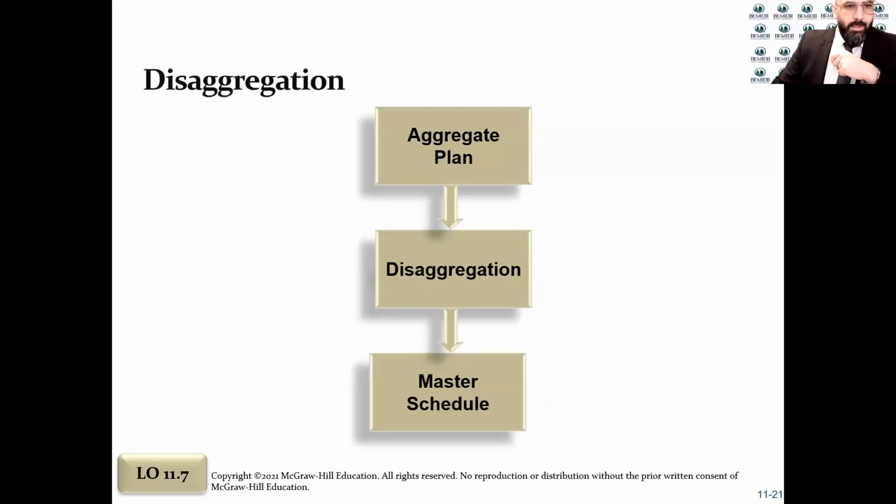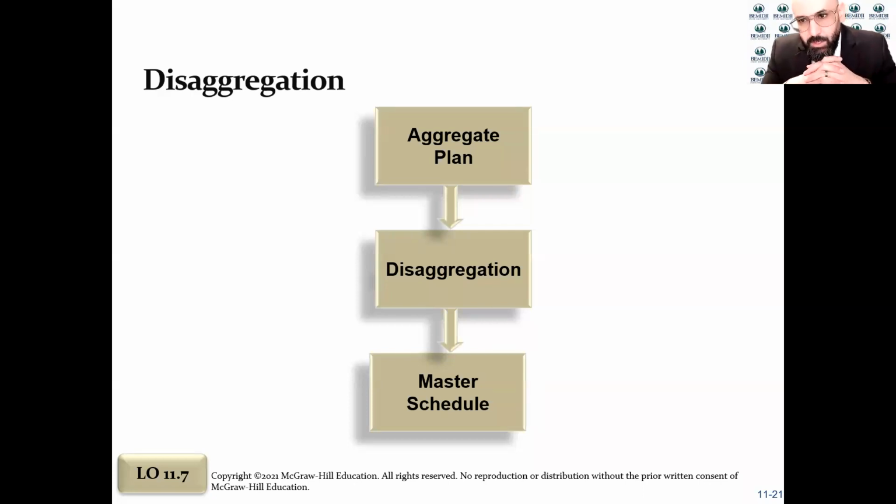Hi again. We're going to talk about now this disaggregation. We created the aggregate plan, and now that's for the overall demand. Now, what we need to do is go down to each specific product and plan for that particular product. So we start with the aggregate plan and we send it down to this disaggregation